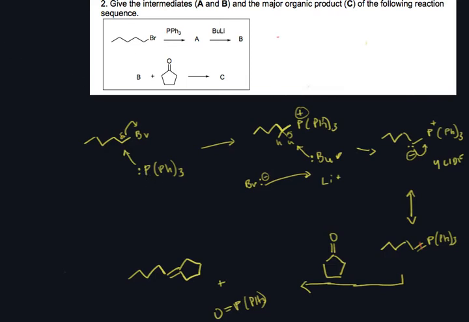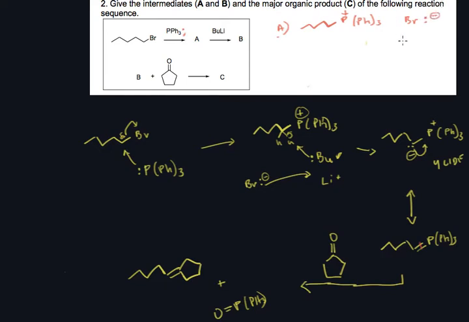The PPh3 has an extra lone pair of electrons. Let me highlight that right there. And so it's coming in and attacking that carbon in an SN2 reaction. So the bromine is being replaced by the triphenylphosphine. And so that leaves you with this product A right here, where you've got the new bond formed,